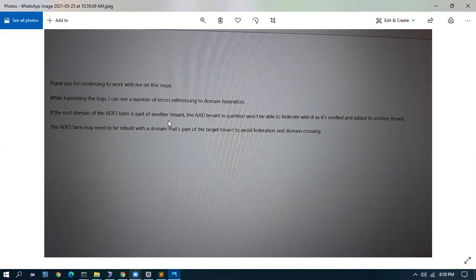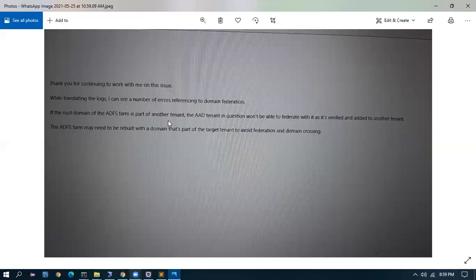We sent a Microsoft ticket to the team, and I sent some logs to them, and they gave this message: the root domain of the ADFS farm, where the ADFS farm is one of the servers, is part of another tenant.